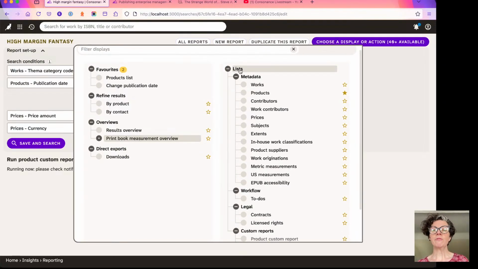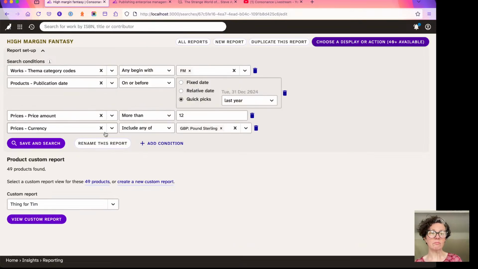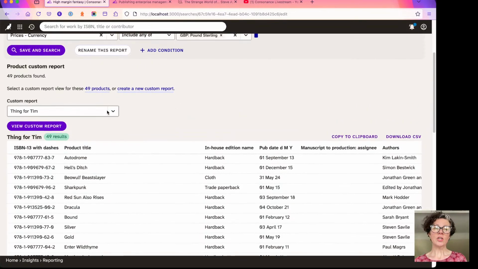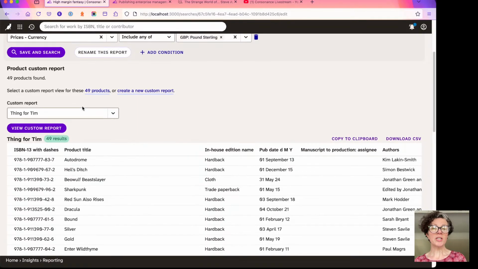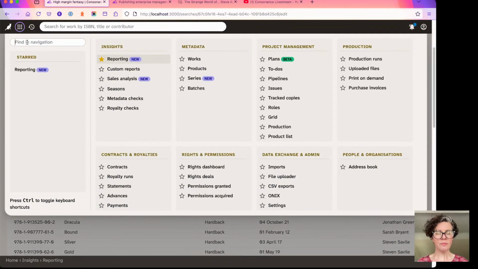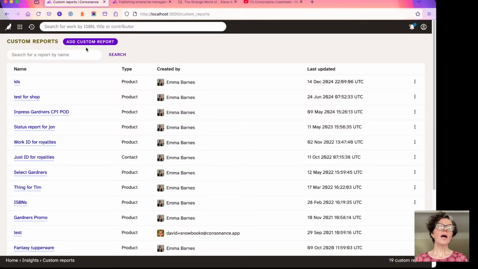But what happens if I have got the results of my report there? It's all looking great, but I would like to change the columns. And so what we can do is go over to the custom report area and just revise how we change custom reports. So I'm going to go to my search menu because it's easier to type than move the mouse. I'm going to use the keyboard to navigate to custom reports, hitting enter there. And let's create a new custom report, shall we? So I'll add a new custom report,